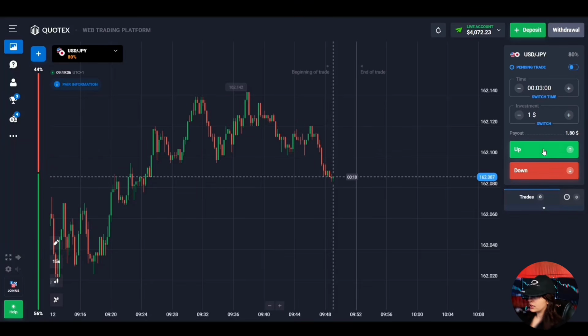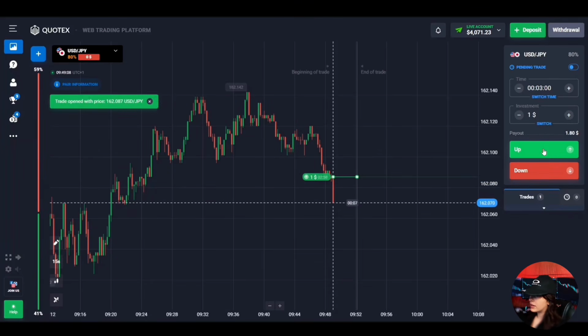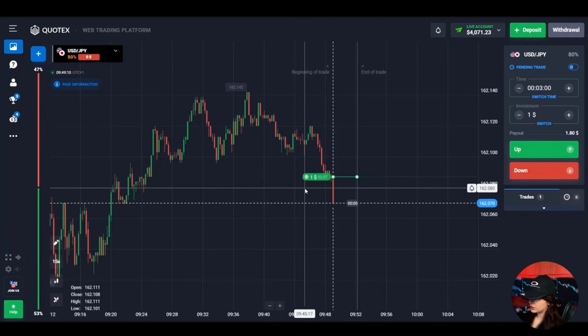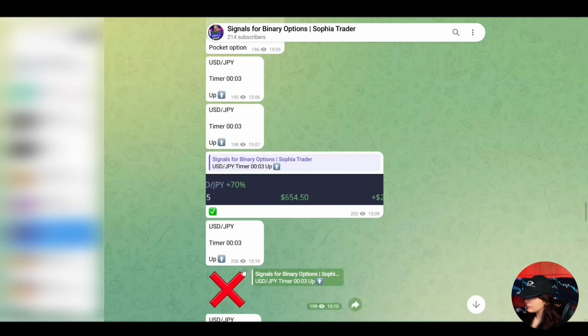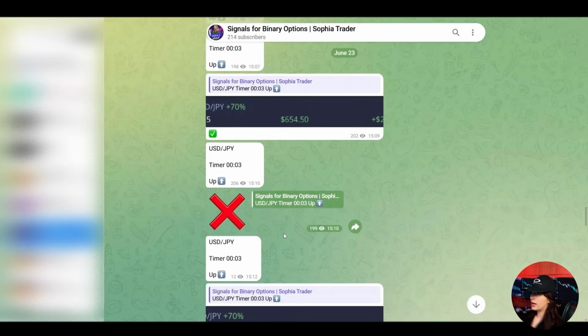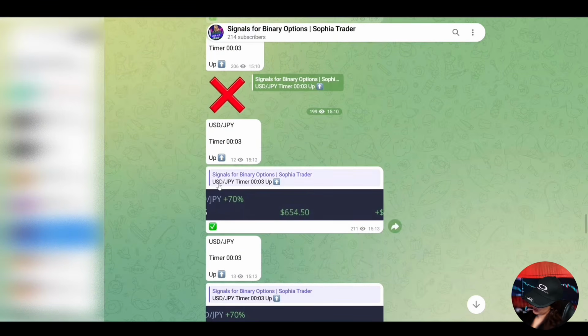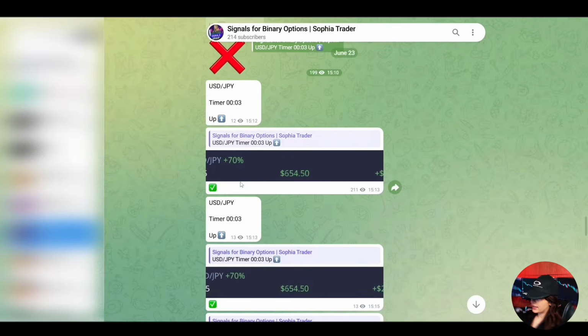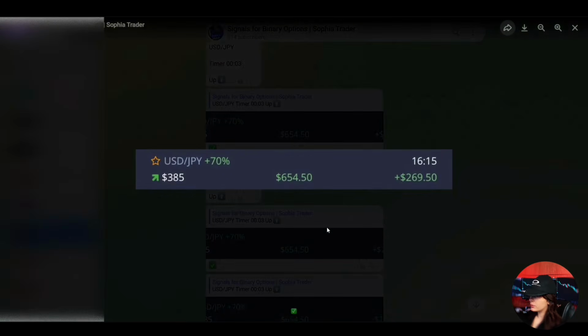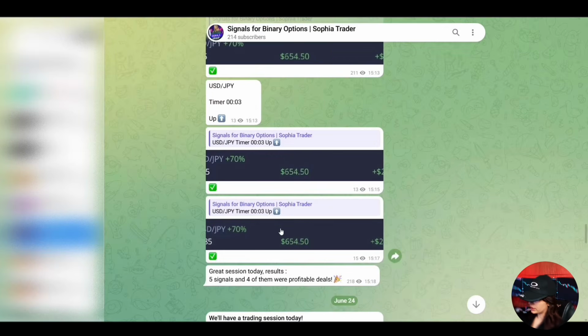And after that you press the button, in our case the green button, open a deal to go up. So guys, as you understand, you have copied the following signal. Then after 3 minutes I will also share my result in Telegram. Then after a while the next signal will arrive, also at the end of which signal I share my results. Then at the end of the trading session I will summarize the result, in which I write how many trades we opened, how many profitable deals we had, and how many negative ones.